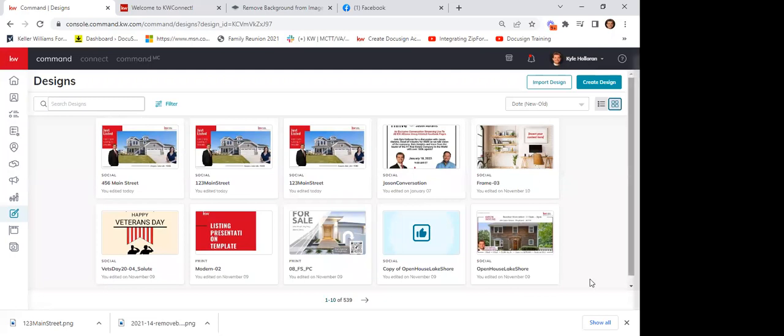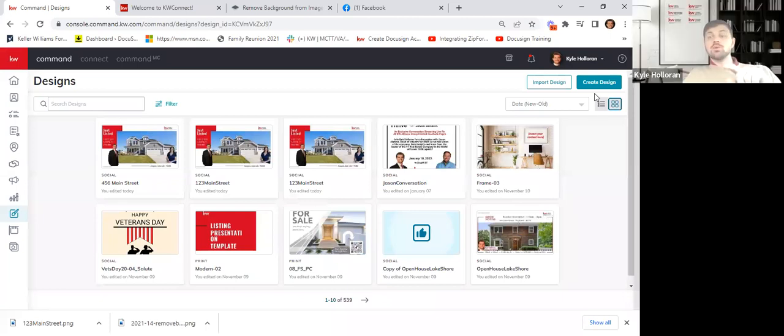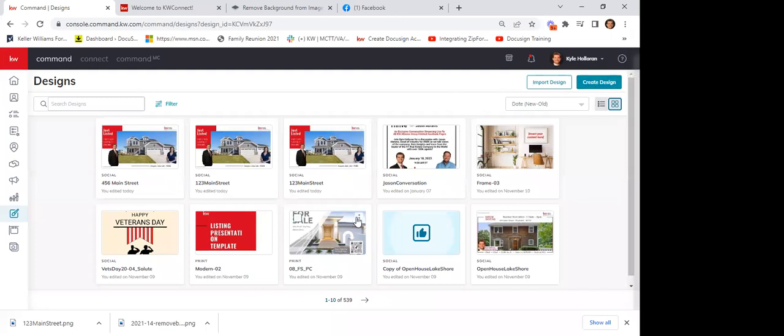Kyle, can you let me know where do we go to add our branding? You said it's assets? Yep. So we're gonna go into WeBrand, click create design, either social or print, Marquita, and you'll see My Assets up top there. If you click on images, it'll allow you to upload images into there. If you go to logos, it allows you to upload your logos there. I'll show you again here in a second.